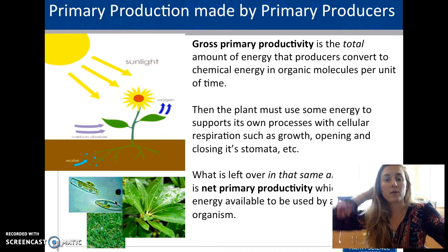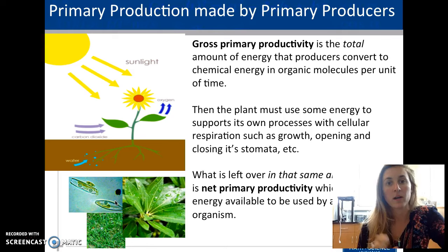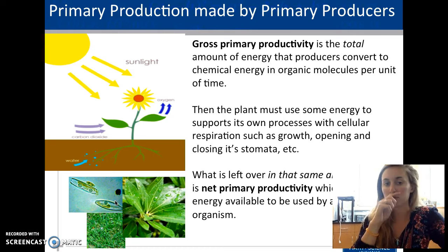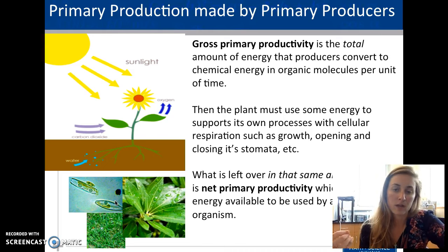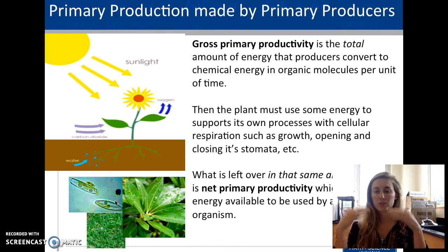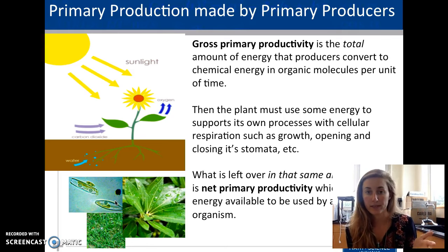The best way to think about the cycle of energy and your different compounds is to start with the very beginning, right? Primary production. When we talk about ecosystem, there are all these different organisms and plants that have certain roles. One of them is going to be your primary producers. If you think about what we know about very basic ecology, we've got our producers and our consumers. Your producers are making the energy, and producers are pretty much always plants.